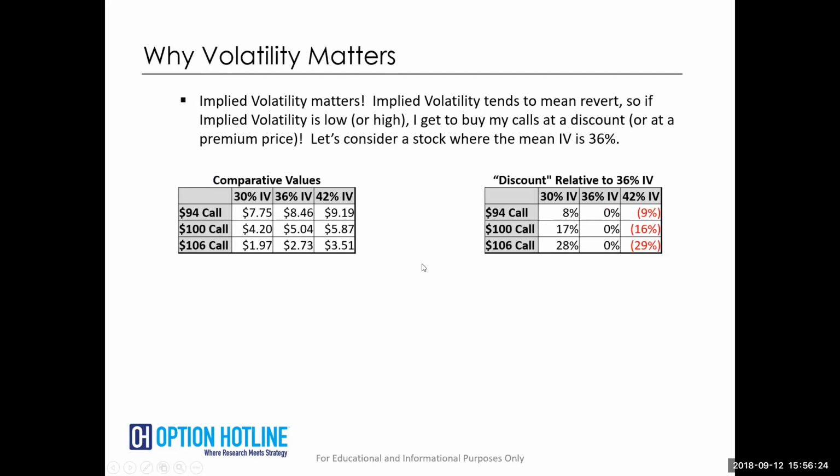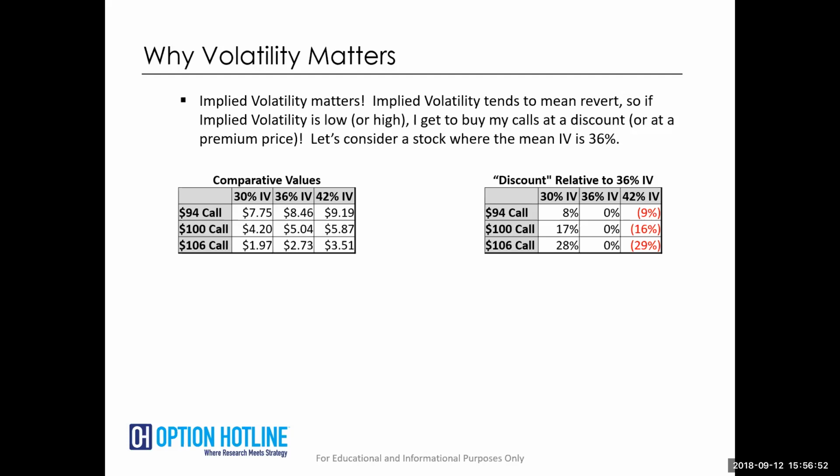Now that I reminded you about that, let's talk about why volatility matters, because volatility is crucial to when I want to buy these options. So I've talked to you now about why I like being in options and how I'm trying to make sure that I size those options for the risk side. And let's talk about why I'm actually going to use options instead of stock now. Because there are times where a stock position is actually a lot better than an options position in spite of those characteristics of defined risk and leverage.